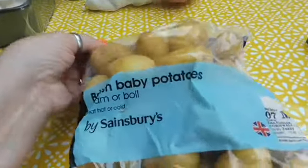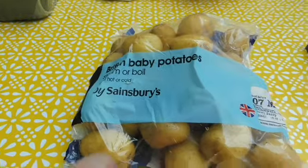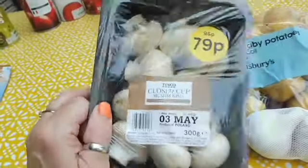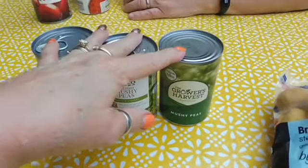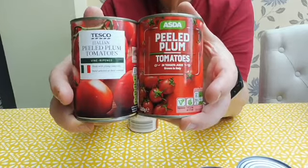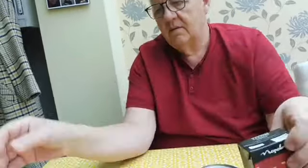So we got this. This is a bag of the British baby potatoes, some garlic, so 3 bulbs of garlic here, and some mushrooms, sliced carrots, three tins here of mushy peas. Oh, I love this stuff. Mixed bean salad. If you haven't tried this, it's lovely. 2 cans of plum tomatoes, a tin of chopped tomatoes, passata,